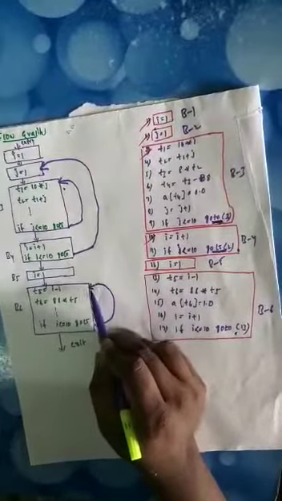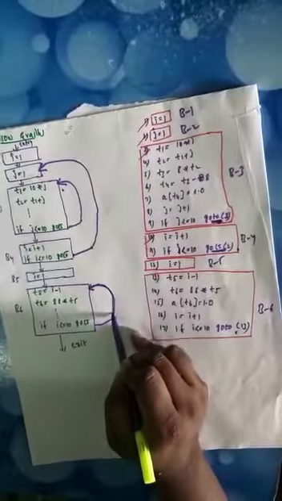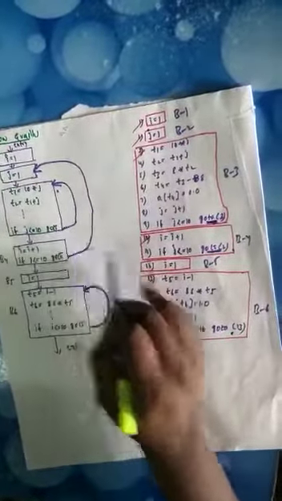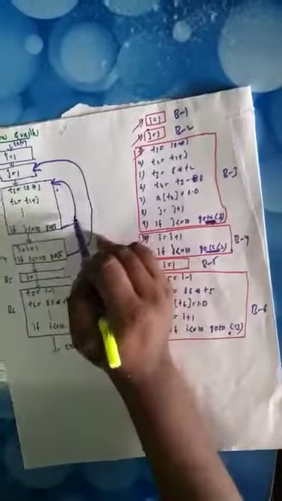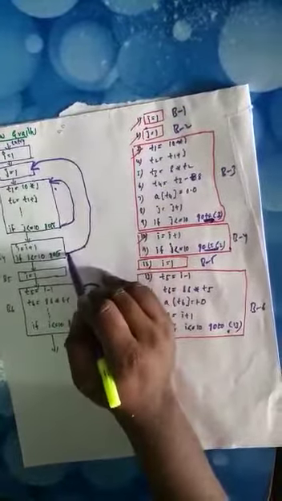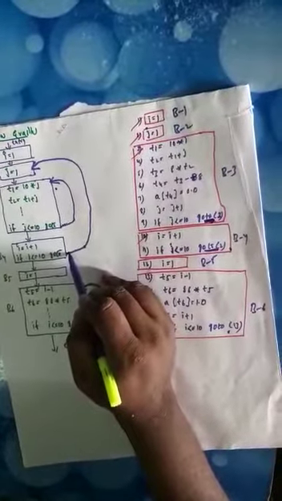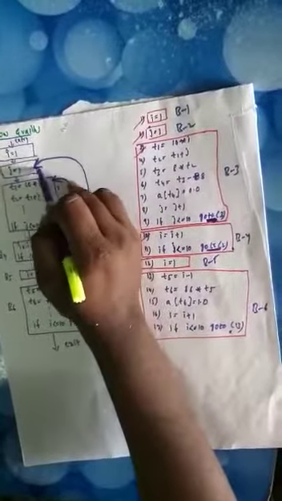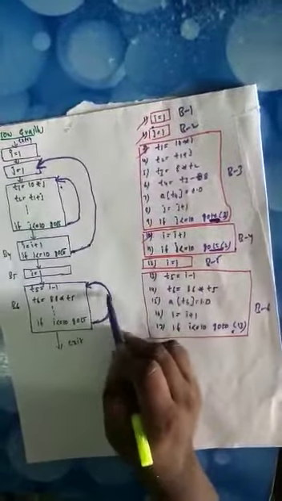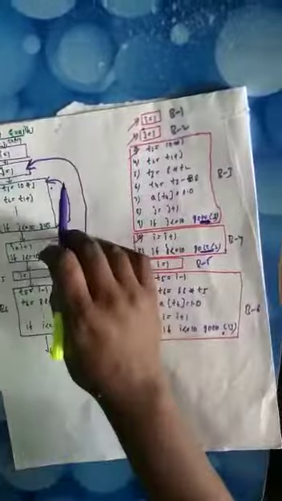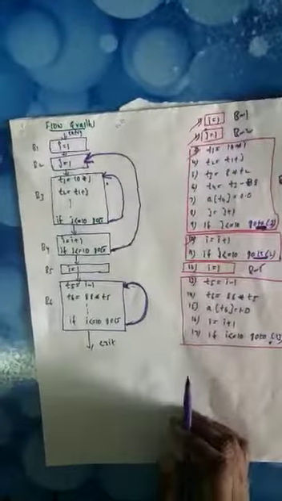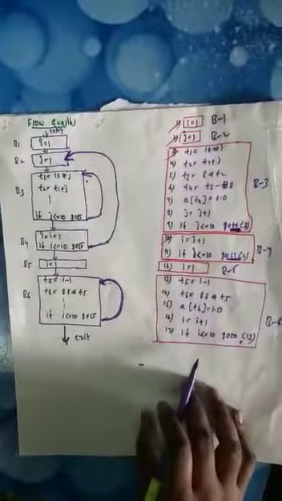So these are self loops. Here we get the 3 transitions: go to 3 to block 3, go to 2 to block 2, and go to 13 to block 6. So finally we get the flow graph. This is the flow graph, and this is the entry and this is the exit. So this is the flow graph from basic blocks. Thank you.